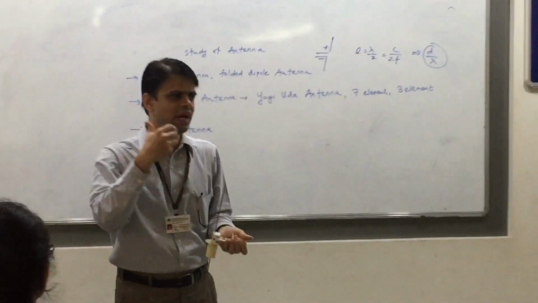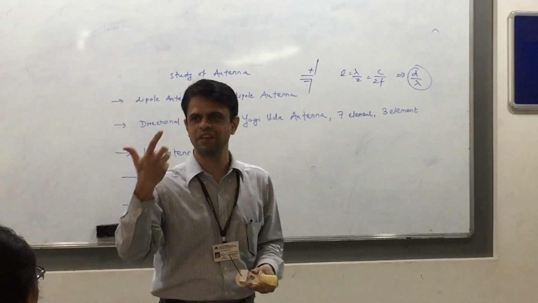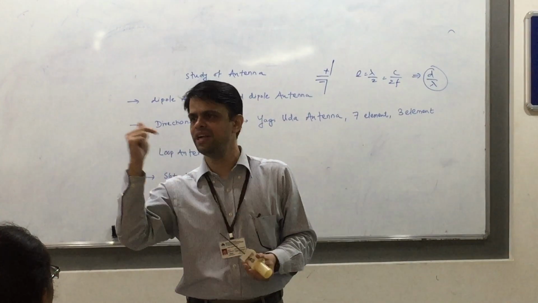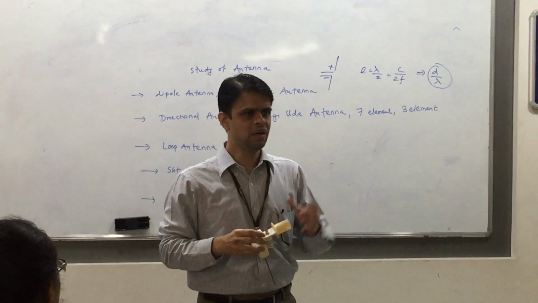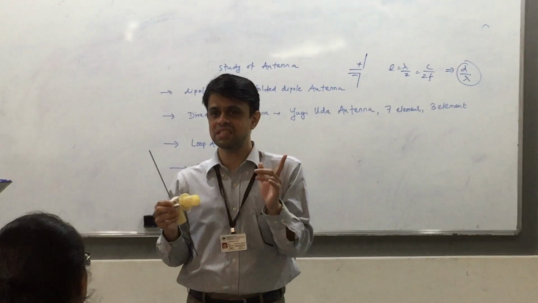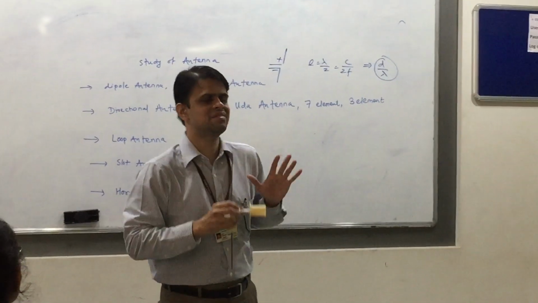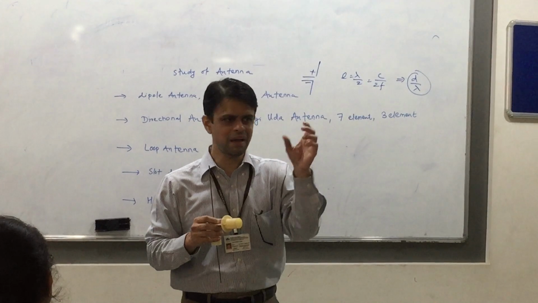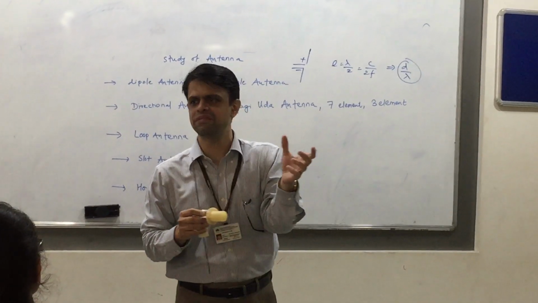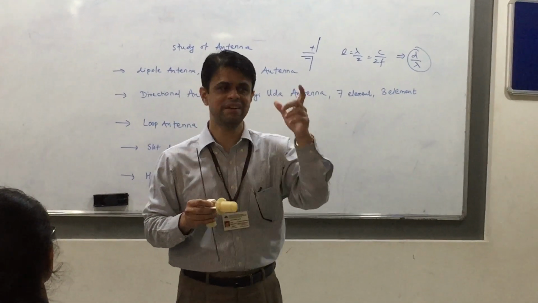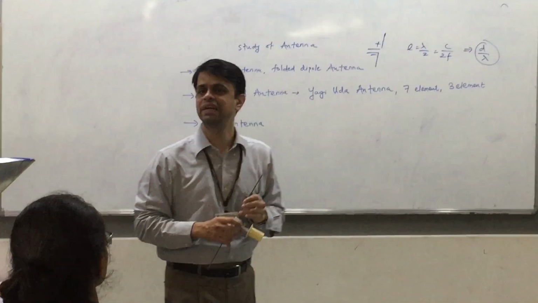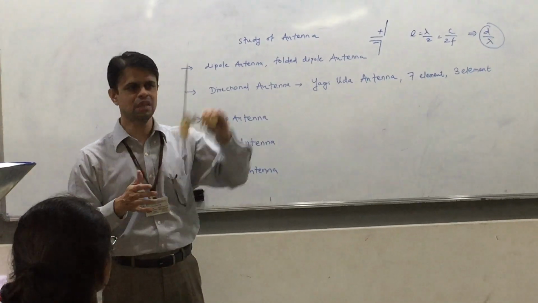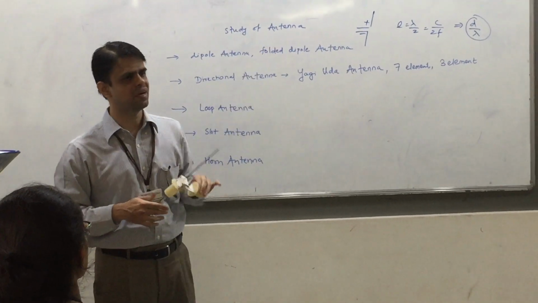For the same dipole antenna, if you want to design at some other frequency, you will select the diameter according to that required wavelength. Okay? Remember, it is the electrical thickness of the dimensions that we are considering. We are not considering the actual physical value of that diameter. It's an electrical parameter, and hence we are going to express that in terms of D by lambda. So these are the two parameters we are going to study for a dipole.